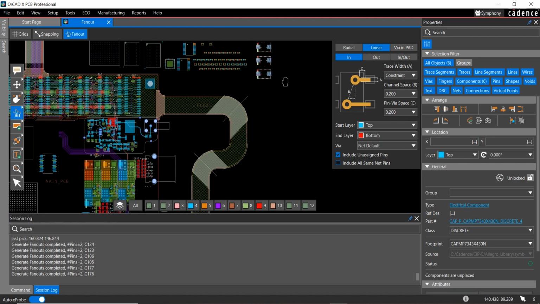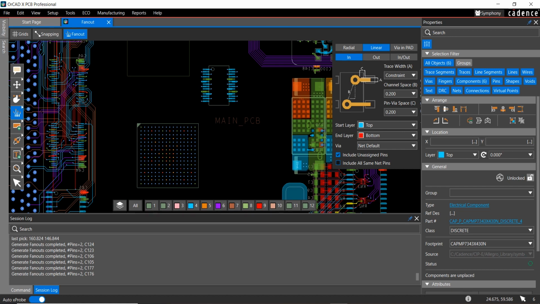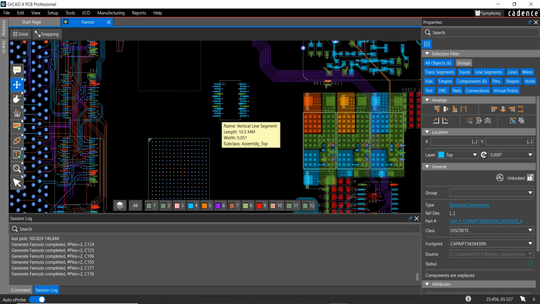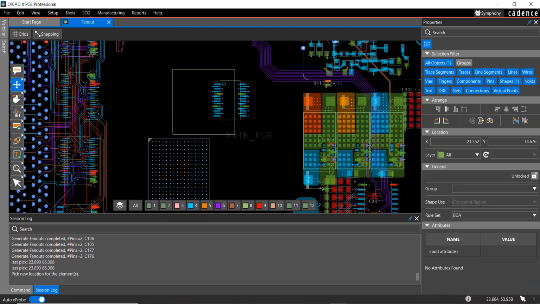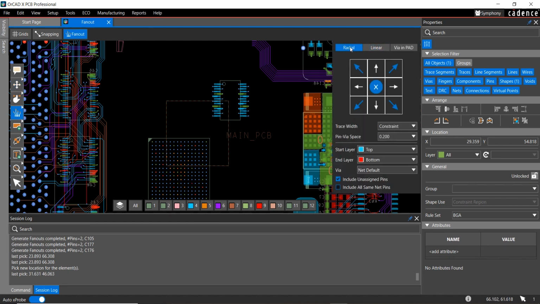And then finally, let's talk about constraint regions. For this example, I have this constraint region right here. I'm going to move that constraint region down here so it covers a little bit of both parts. Normally you wouldn't do this in a design, but this is going to illustrate how constraint regions work with respect to the fan out. The constraint region is basically saying inside this region, the line widths need to be a lot smaller. So if we go back to radial fan out, even though we have the trace width set to constraint, if we were to fan out this component here,